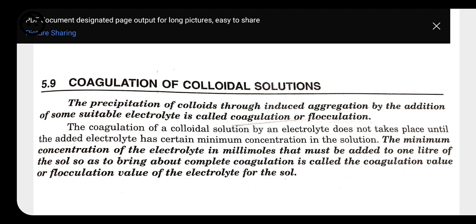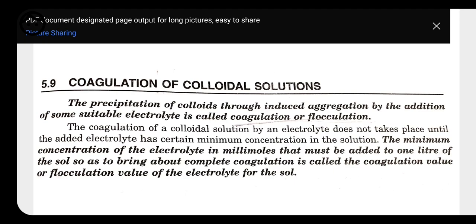But we cannot let the process go like that, because we cannot destroy all types of colloids. Blood is also a colloid, and milk is also a colloid. If we destroy blood, then we cannot generate that blood once again. We cannot destroy whatever is present in the blood, like hemoglobin, plasma, and platelets. We cannot make it a suspension, because if it settles down, then we can easily separate it from the blood, and it may lose the property of a colloidal solution. That's why, to prevent any colloidal solution from getting coagulated, we have something called prevention of coagulation.